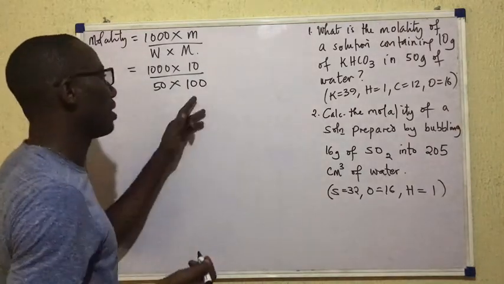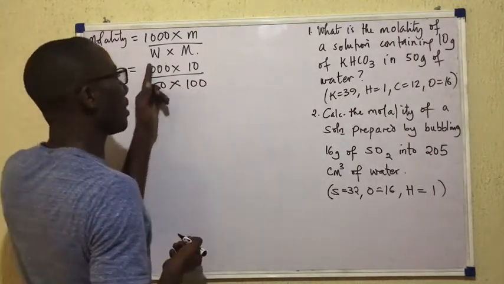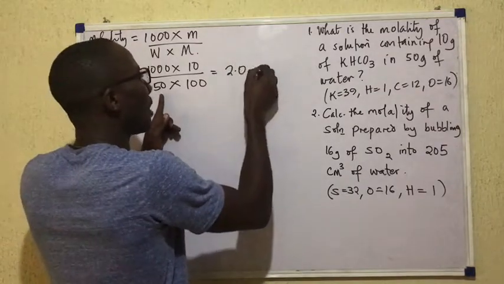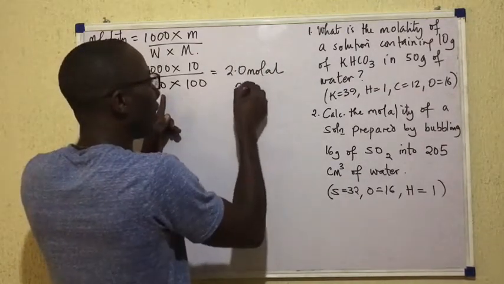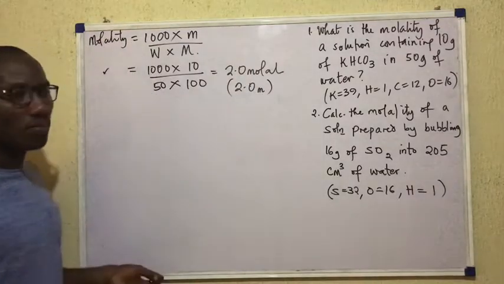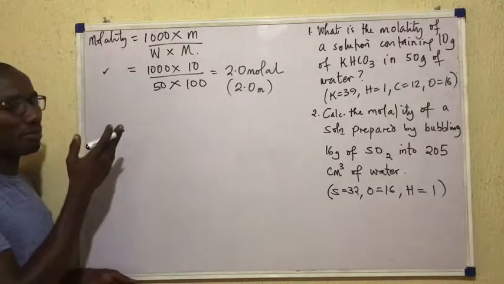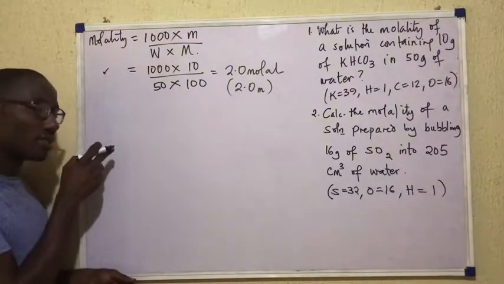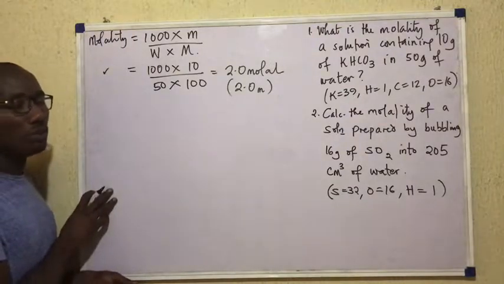So from here, I have 1, I have 10, 10 by 10 is 100, divide that, it gives me 2.0 molar, or I write it as 2.0 with the small m. So it's simple. You just have 1000 times mass over mass of solvent in grams times the molar mass of